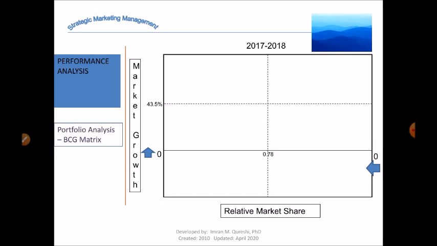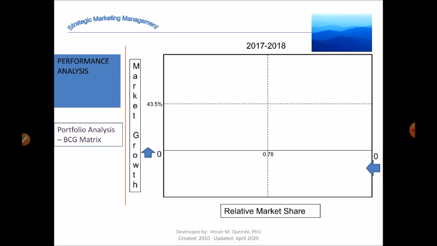Now, the average relative market share is again our deciding point or our differentiation point, because this will look at how much relative market share an average company operating in the market should have. This is calculated by first calculating the relative market share, as we've looked at the formula before, for each company, and then taking an average of it. That figure is going to be our average relative market share.